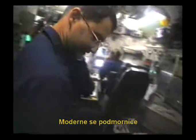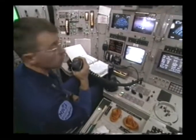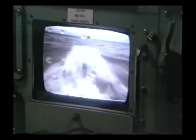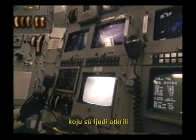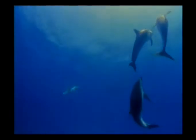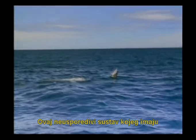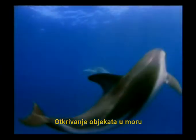Modern submarines find their direction by sonar. Dolphins have been using a technology for millions of years that human beings discovered only in the 20th century. It is impossible that a creature could come to possess such a wonderful system through its own will. This incomparable system that dolphins have is proof that God created them. The sole function of this high-frequency sonar system is not to detect objects in the sea,